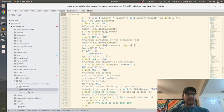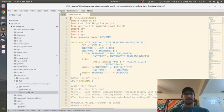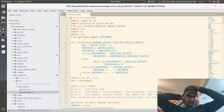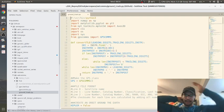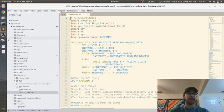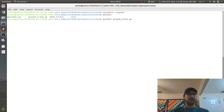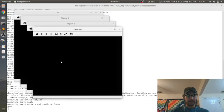And so I got tasked with this 10 days before deployment. Dr. Russ called me or emailed me and said, hey, we need to figure this out in 10 days. We're deploying in 10 days, and I don't want to miss the satellite. I want to make sure that we can communicate with it with our ground station. And I said, oh boy, okay, here we go. So I went ahead and went through that book and wrote the code,